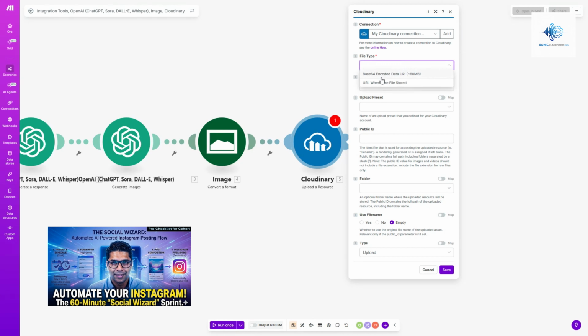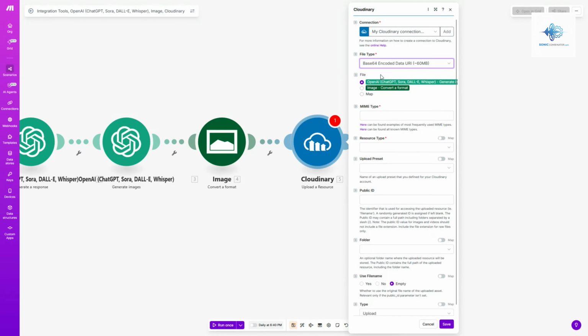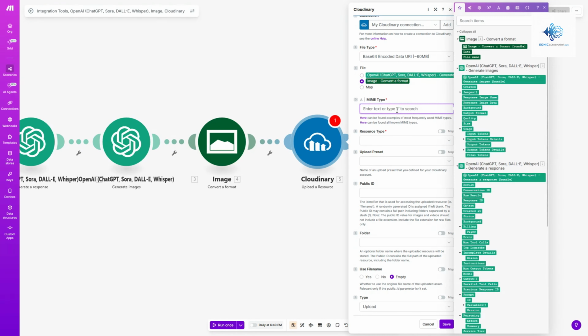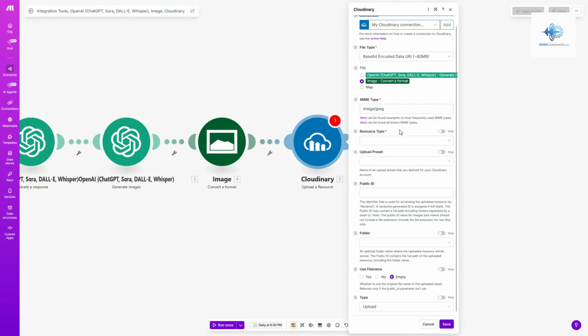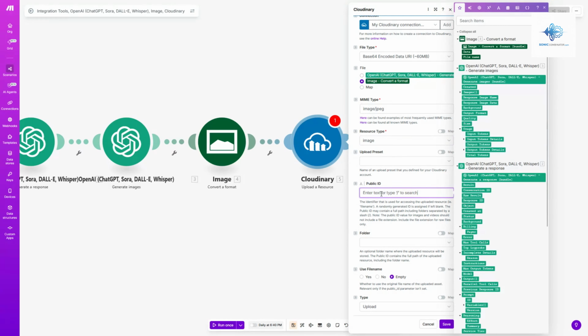And then for the file type, base64 encoded. And then this is an image. So let's click on that second one. And in here, if you have image/JPEG, go ahead and plug that in. You can always just type it as well. Image/JPEG. That's the type of file we're giving it. And the resource type is an image. And then for the public ID, it needs to be